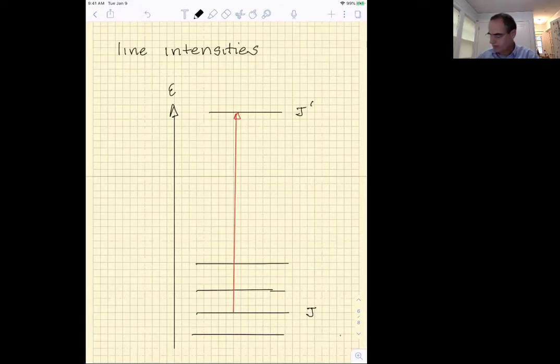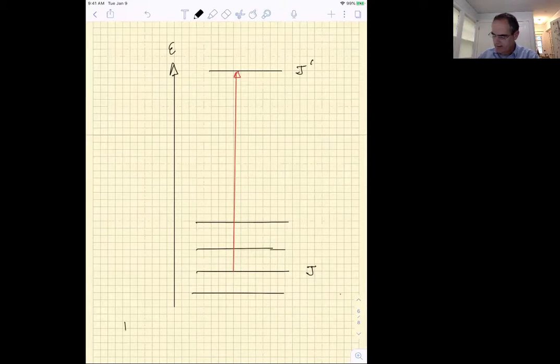So the simple idea that we'll use is that the line intensity should be proportional to the probability of occupancy of the state J, of the initial state, okay? Because we can only have a transition if there's a molecule in the initial state waiting to be promoted to the excited state. Now, what's this probability of occupancy? Well, that's going to be proportional to the degeneracy of the state, the number of states for this molecule that have that value of J,